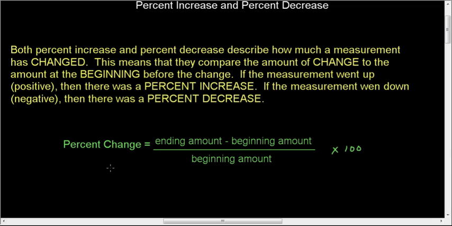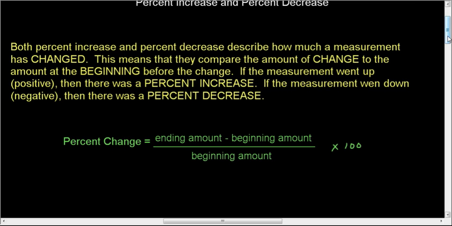This equation in green explains how percent change works. And so what I do with this is I allow my positives and negatives to dictate whether I have a percent increase or decrease. And so if I kind of work with this just a little bit,